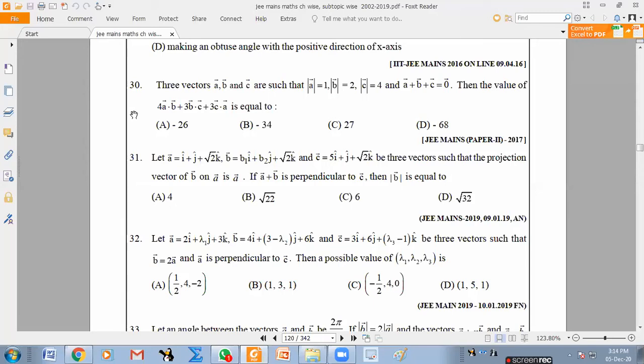I'll tell you how. You send C bar to the other side and apply mod, you'll get the A dot B value. I'm sure the answer will come, right? Yes, sir. We'll get answers. Yeah. If the data had been right, there is nothing wrong in the method. But the thing is here, the data itself is wrong. The process you have done, send C bar that side, apply mod, send B bar that side, apply mod, send A bar that side, apply mod, you'll get A dot B, B dot C, C dot A separately, put in those numbers and you'll get it. But they should have given correct data. There are no such vectors where they can actually make it 0.